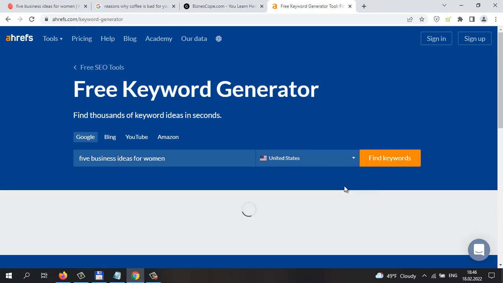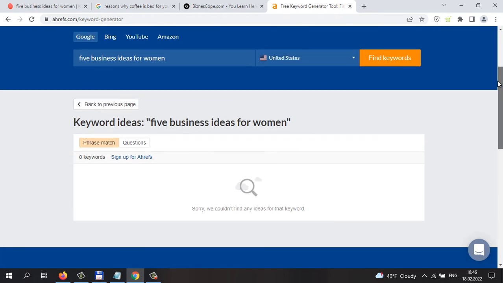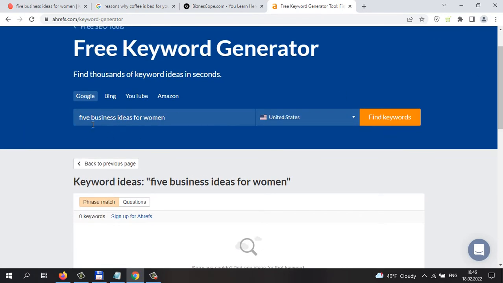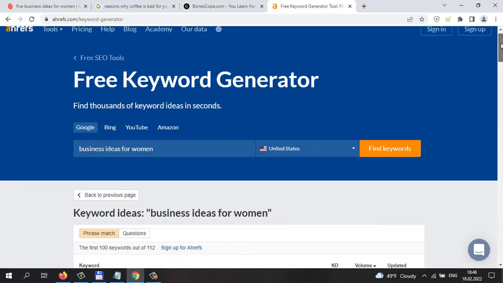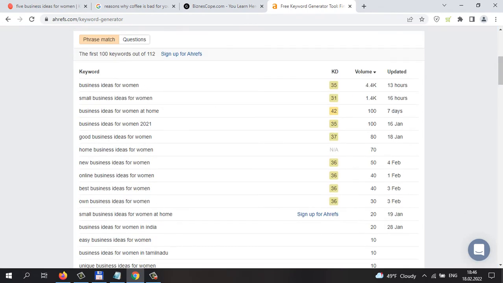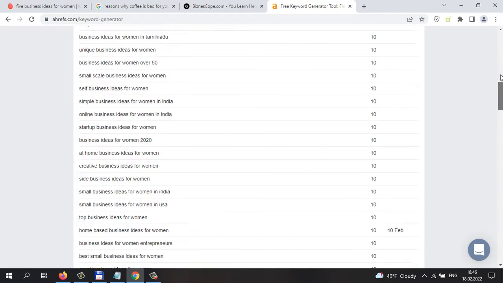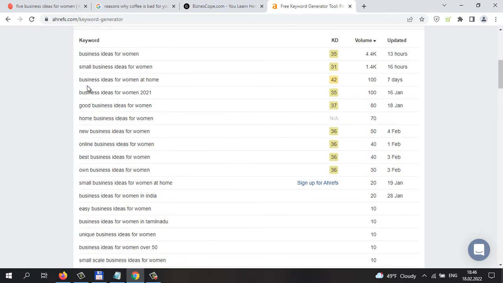So I'm not a robot here, and as you see here, there are no relevant keywords. So we can just shorten it a little bit, and it will be business ideas for women. As you see here, there are lots of different keywords, but I would recommend using this one: business ideas for women at home, business ideas for women 2021, good business ideas for women.